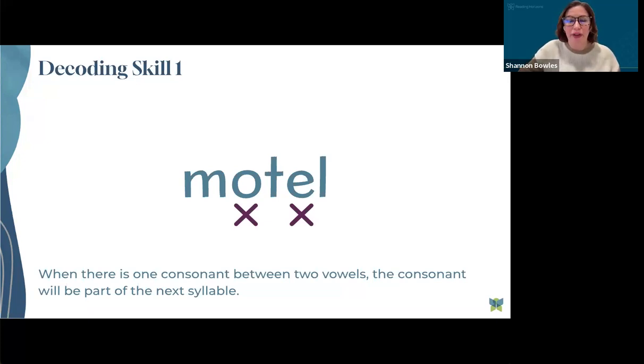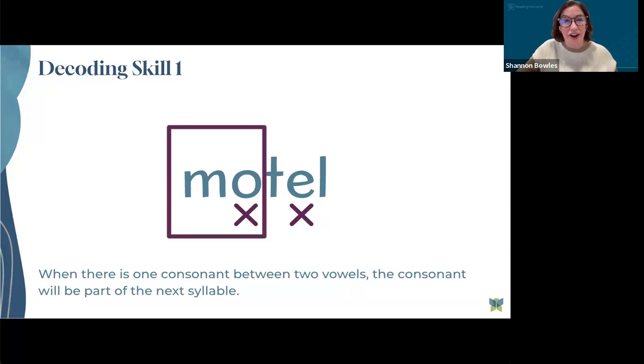So we're going to back up and look at what is between our 2 vowels. In this word, we have the consonant T between our 2 vowels. Decoding skill 1 tells us that when there's 1 consonant or consonant unit between our vowels, it will move with the next syllable, or 1 must run. So we divide in front of that consonant T and then apply the 5 phonetic skills to prove the vowel